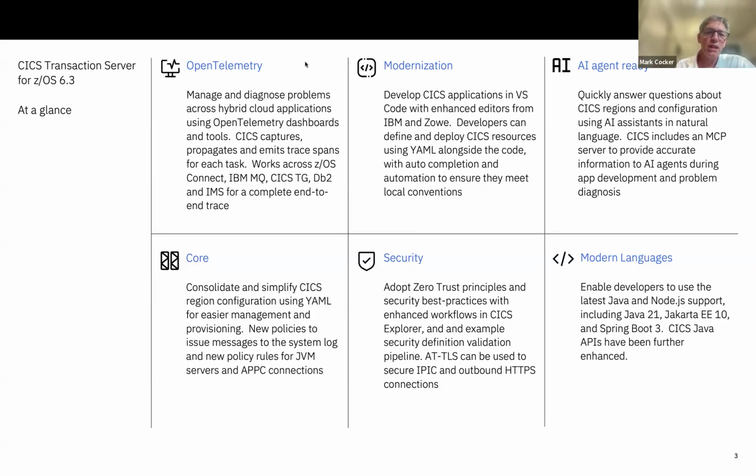And IBM is providing a set of extensions for VS Code, which focus on the development languages that are particularly popular on z/OS.